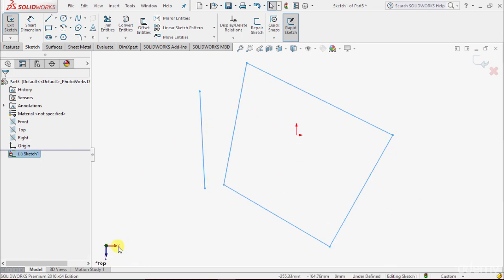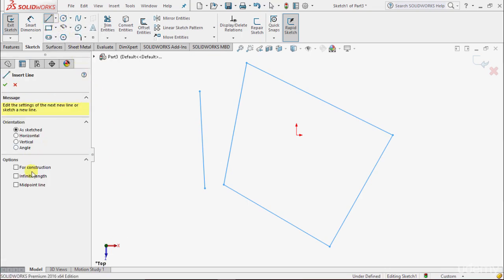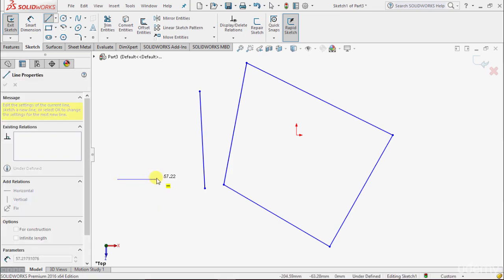Here we can see two axes, X axis and Z axis. Here we can see it is showing top, and then I will select line command. If I select this horizontal line, it will only create the horizontal line, such as I select this first point, and when we drag our cursor, it will drag only in the leftward or rightward direction, and if I take the cursor in some other direction, it won't create that line at some angle. So we can create a horizontal line like this.